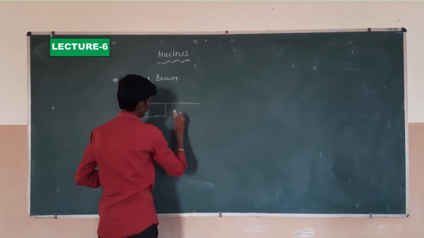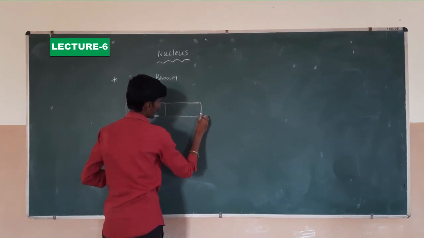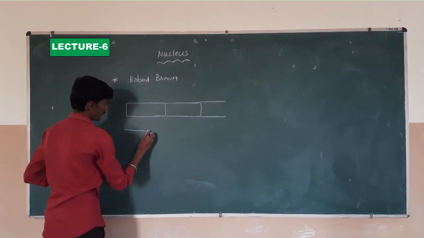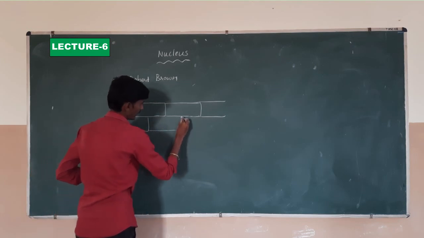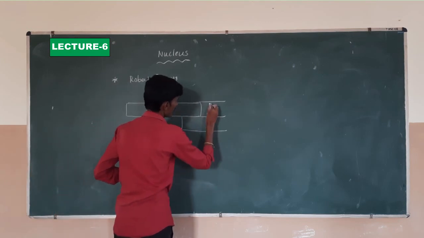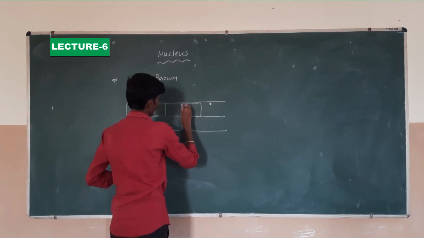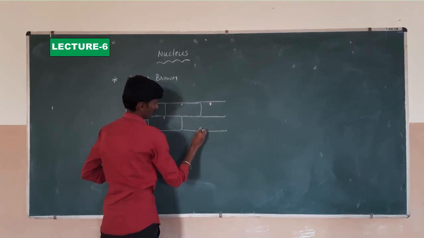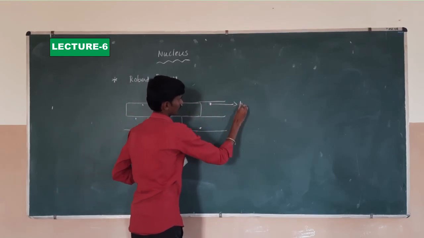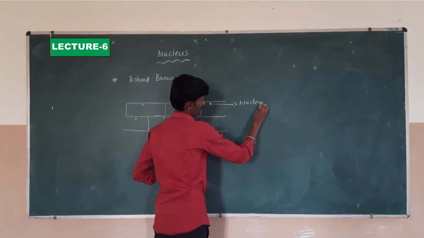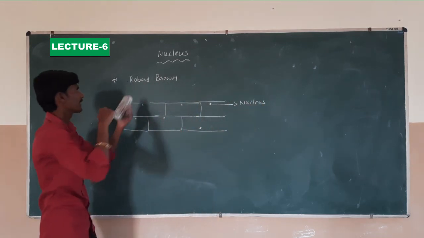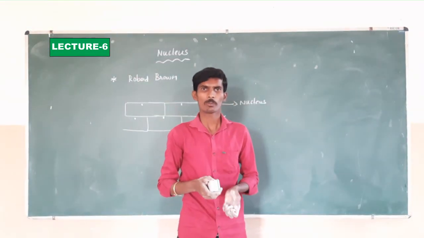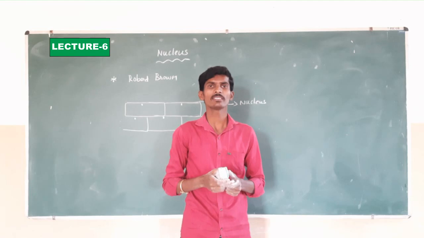In an onion peel, we already did one activity. In that activity, the cells are rectangular in shape. In those cells, we observe a dot-like structure at the peripheral region. This is called the nucleus. This nucleus was discovered by one scientist called Robert Brown. Now, I stop the lecture and continue the